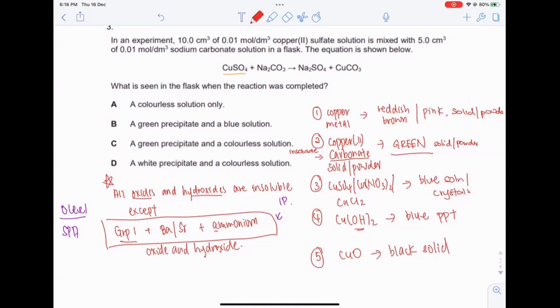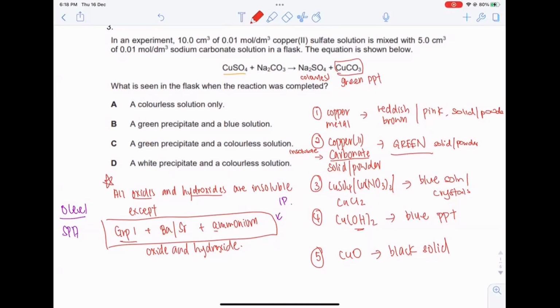So what is seen in the flask when the reaction is completed? Okay, so you notice something. Firstly, we ignore sodium because all sodium compounds are soluble, right? So it's a solution. And usually sodium compounds are colorless. We don't ignore it, but we just know that it's colorless. Then we have copper 2 carbonate, which we have learned is green. It's a green solid, so it would be a precipitate if we are talking about it in this context, right? When it's mixed with a solution, it'll be a precipitate. And then